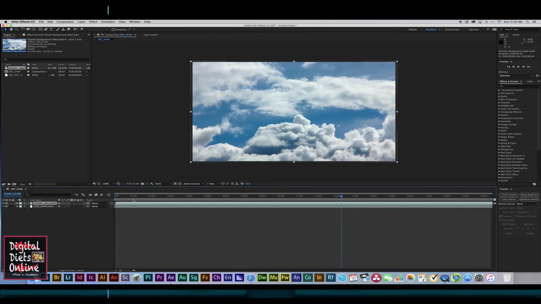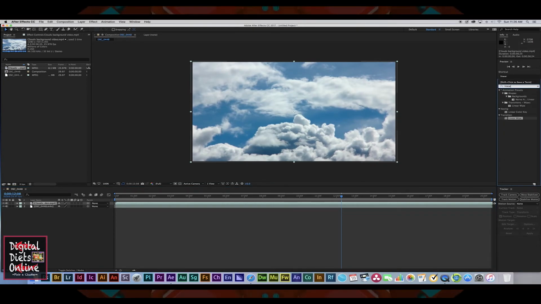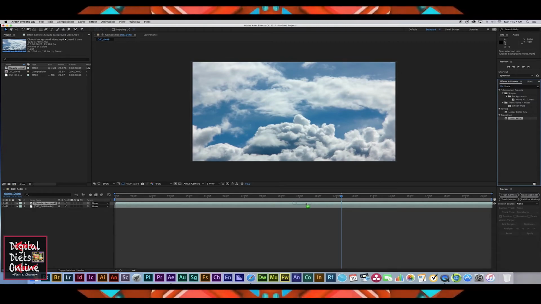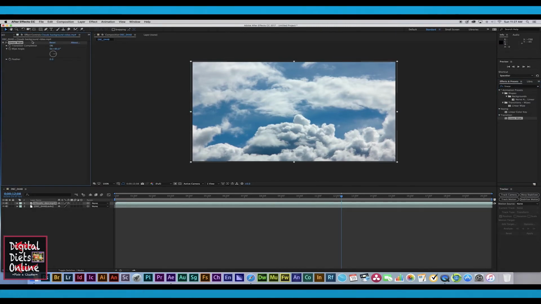on that particular layer and go into your effects and presets and type in linear wipe. Once you see a linear wipe in your transitions, go on ahead and drag that on top of the cloud layer. Okay, make sure your effect